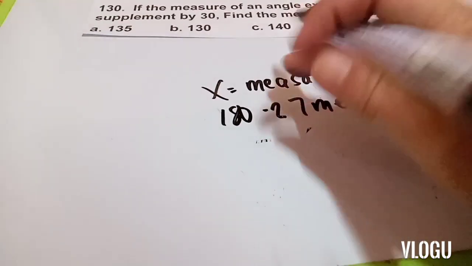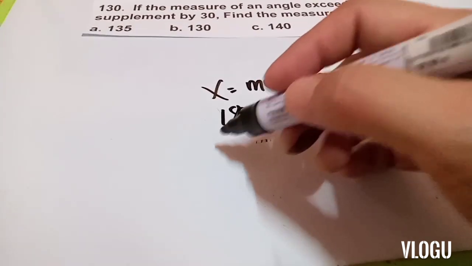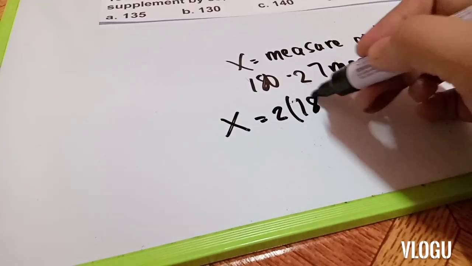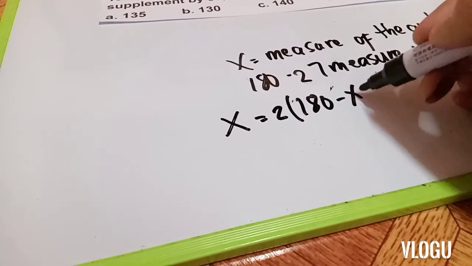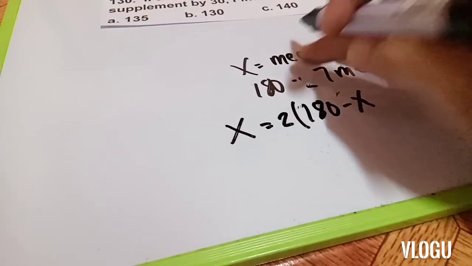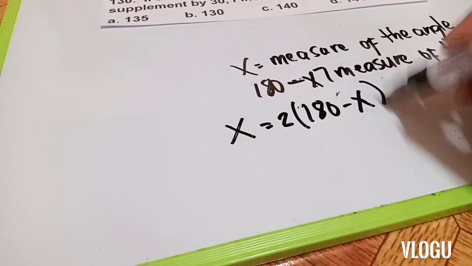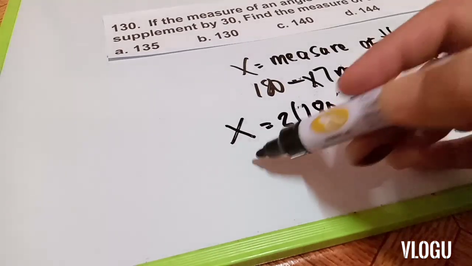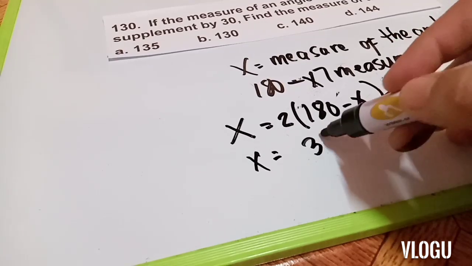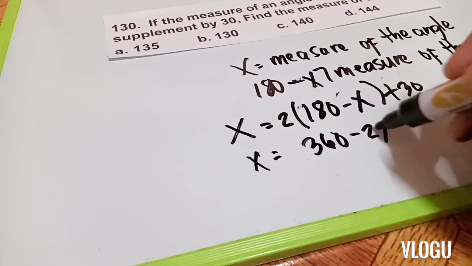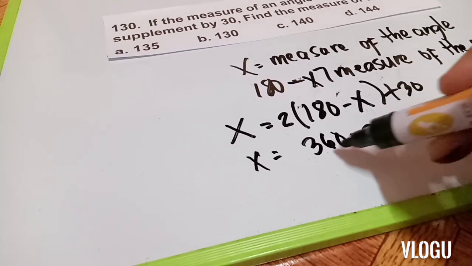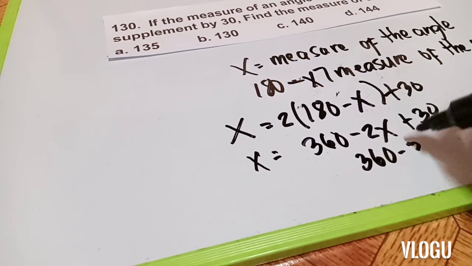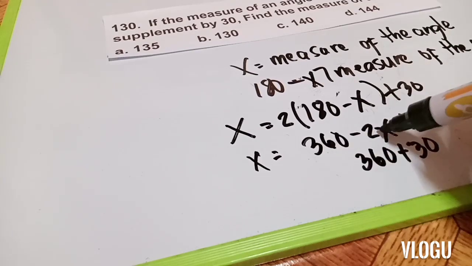And then after that, let's proceed with this one. Automatically, x is equal to 2 times (180 minus x). Sorry, this will be the x. And then, take note, exceeds twice the supplement by 30. So, this will be the 30. So, 2 times 180 will become 360. And the other one will be 2x, and plus 30. So, 360 minus 30, or 30, that's correct, or 360 plus 30, and then x